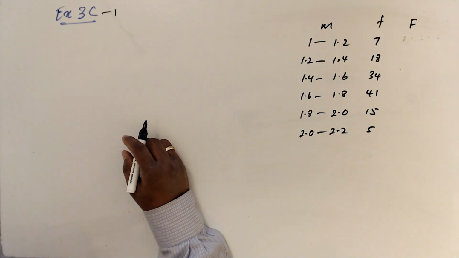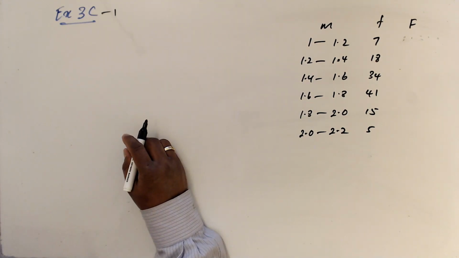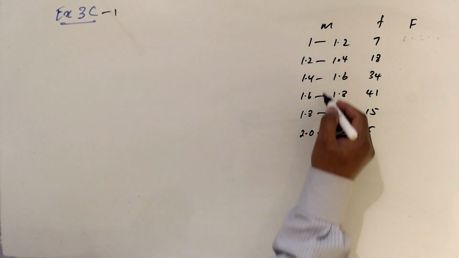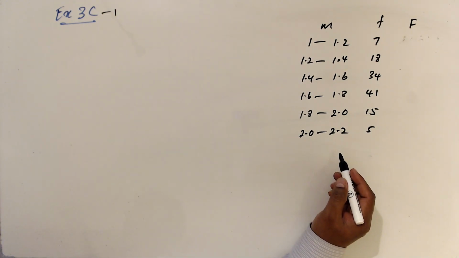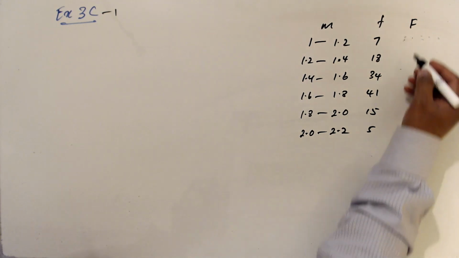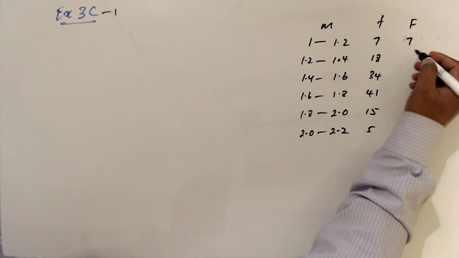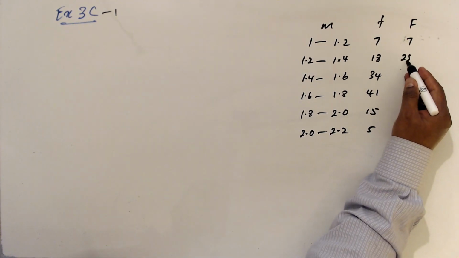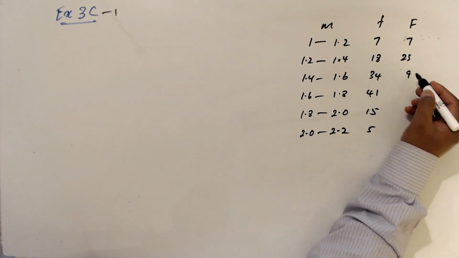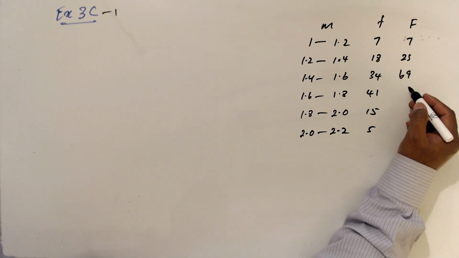Exercise 3, see question number 1. I'll just write without the inequality symbols. This is the table showing the masses in kilograms of fine cones. So this is 7. We'll do 7 plus 18, that is 25, and 25 plus 34,